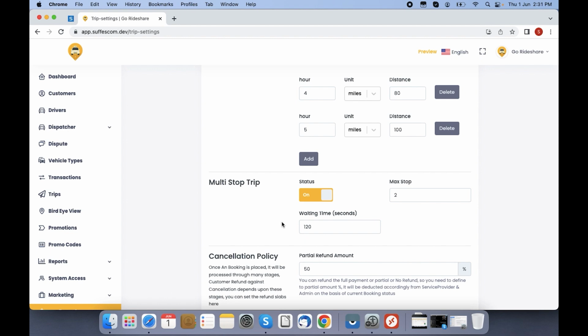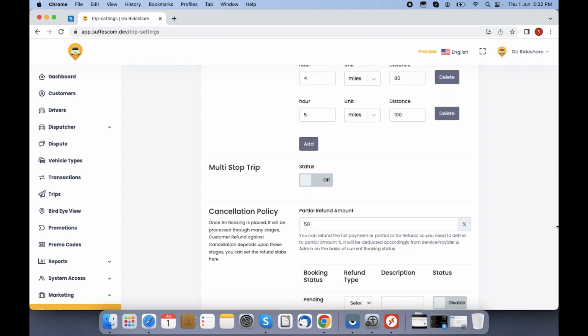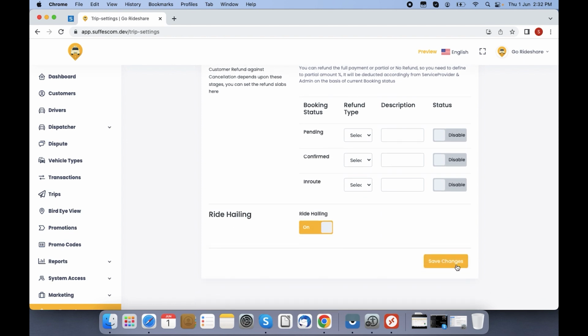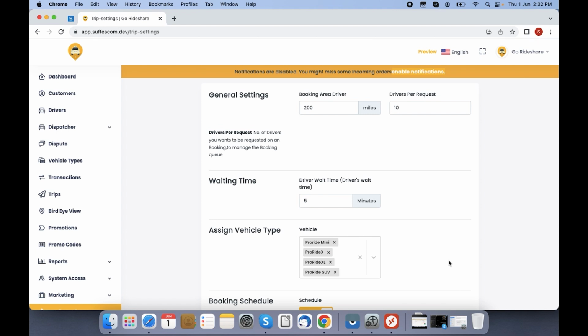I can select whether I want multi-stops in my platform or not, so that when the customer is booking the ride, they can add multiple destinations, multiple stops before their final destination. So over here, admin can also specify the maximum number of stops which the customer can enter. I'll just disable it. But the admin has the flexibility to add multiple stops in the platform. I'll just save the changes and then go to the